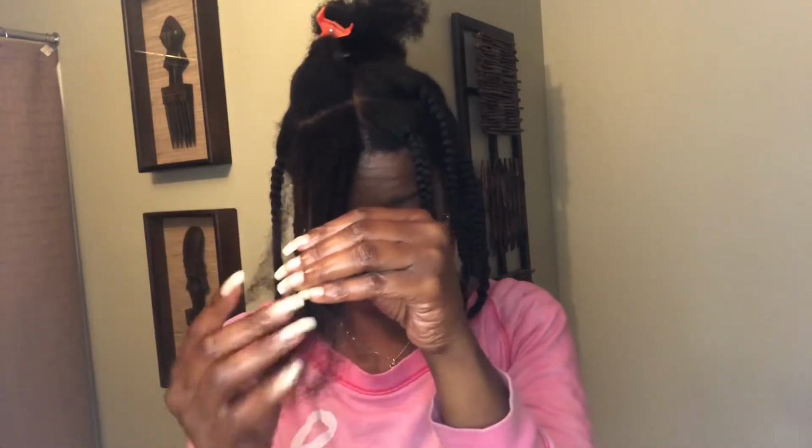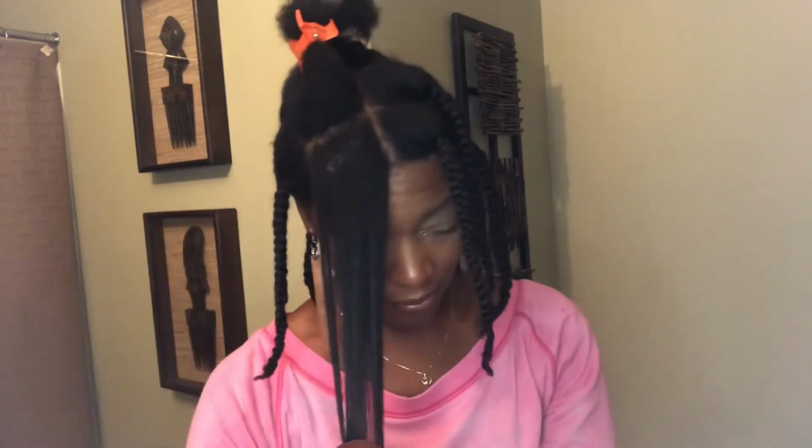I do like to use my nails as I finger detangle, I guess you can say, just to pull out any knots or tangles or dead hair. So I'll give that a quick spray with aloe vera juice in water in this container. I'll go ahead and rub that through, make sure that all my hair is moisturized, kind of damp feeling, so it can really absorb the product I'm about to put in there. So once I feel that it's pretty evenly coated, go ahead and add my